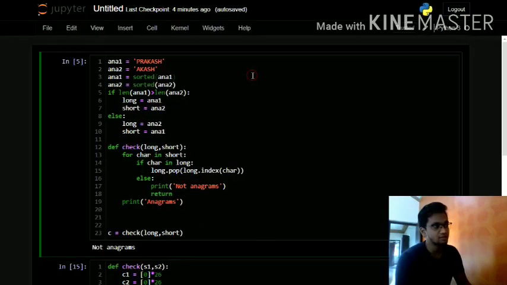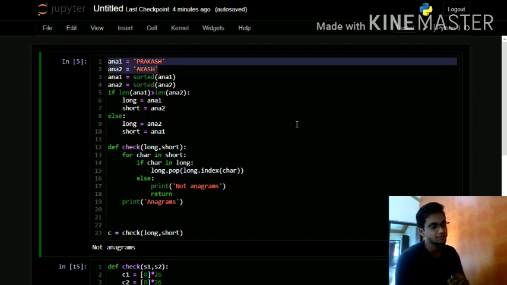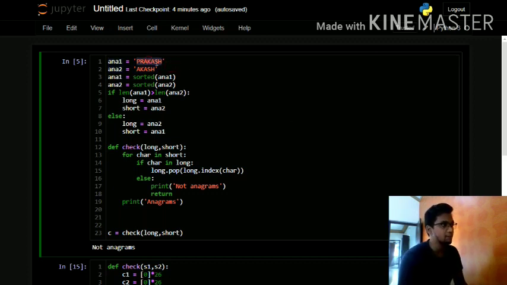I want to check whether these given two strings are anagrams or not. The anagrams' lengths might be equal or may not be equal. So I am taking here the case of different length strings. The case of same length strings is way easier to deal with than strings of different lengths. Here the given two strings are Prakash and Akash. I have approached this solution in the whiteboard part of this video. Just go through it once and come back to this.